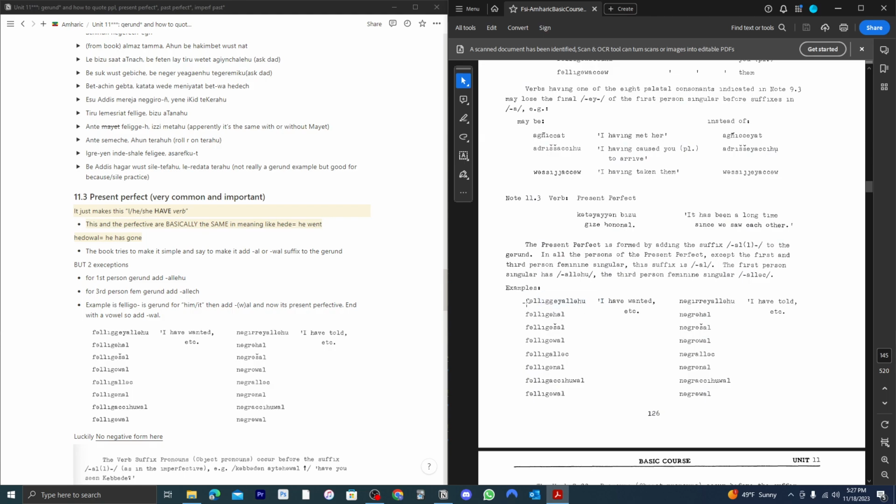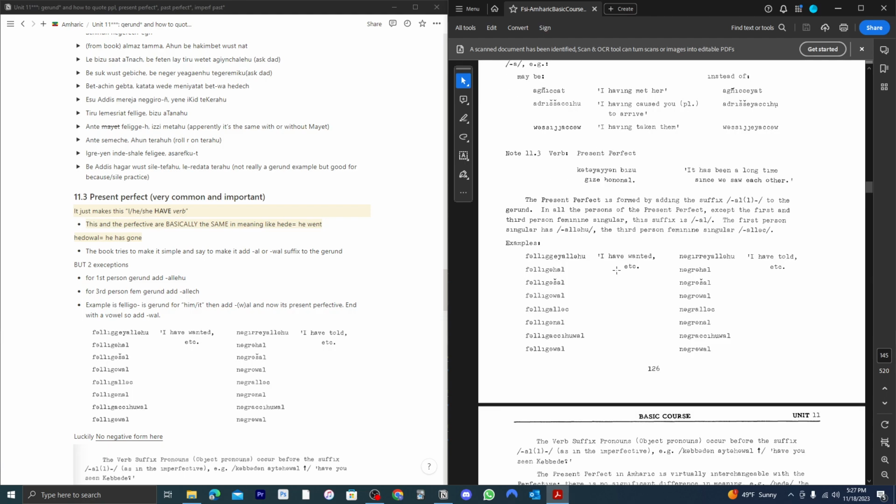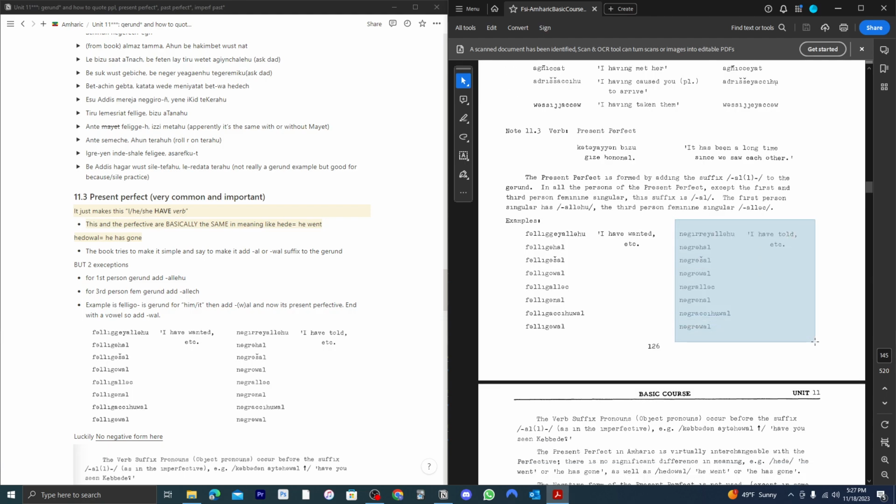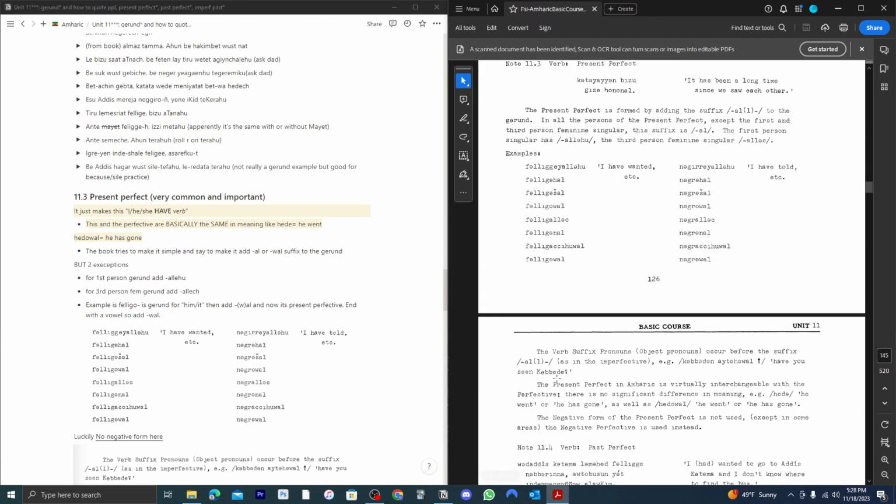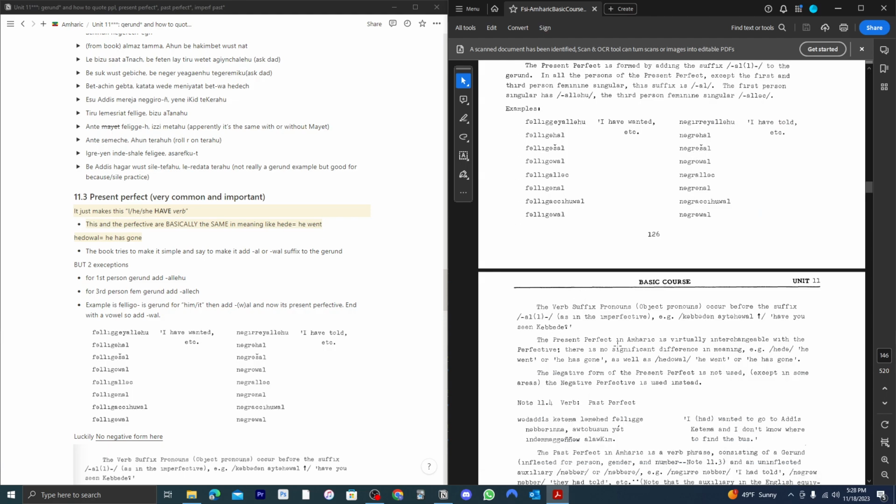Another example is like megzat. You would say gezachallo for I just recently bought something, or you could say gezal for I bought something, and they both work very similar. Yeah, here's another example word, meneged. I'm just going to skip past that. Verb suffix pronouns in this situation,